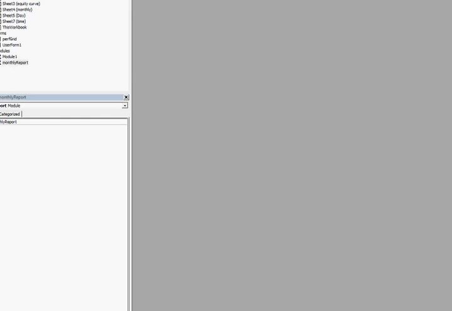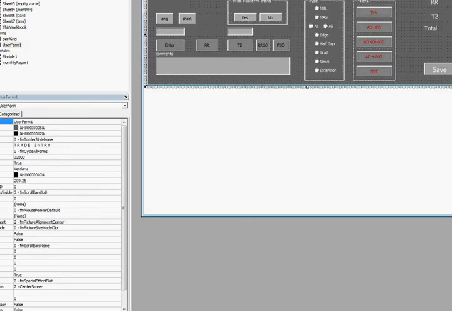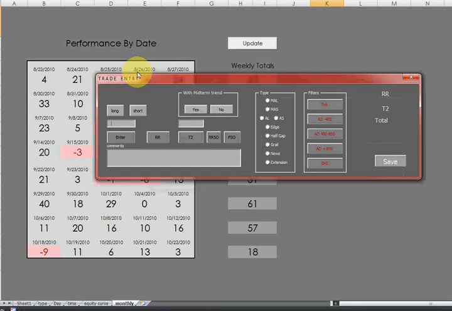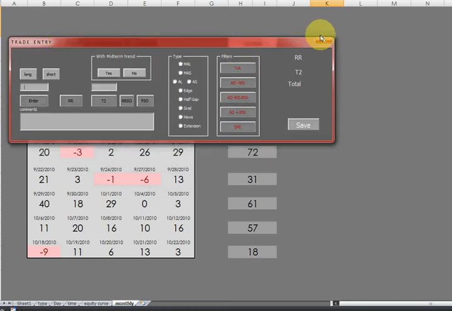I'll run that one more time so you can get one last look at the user form. And I'll probably be updating this, improving it as I learn about it, but so far very happy with it